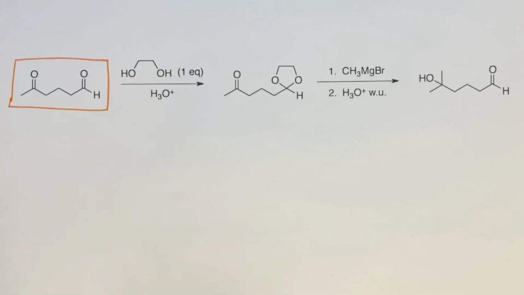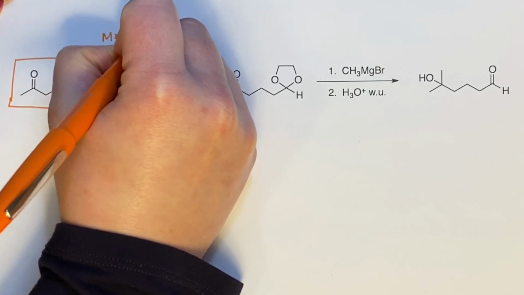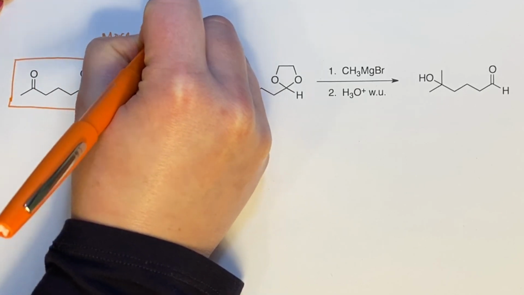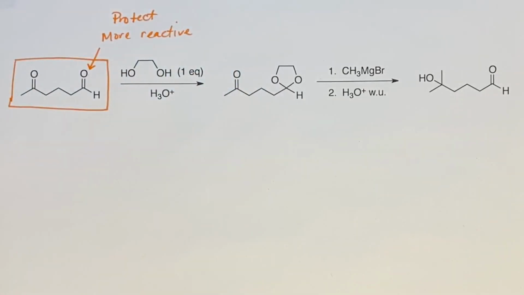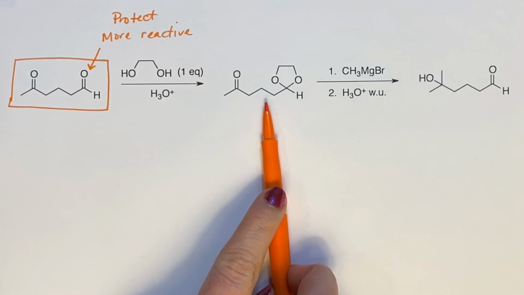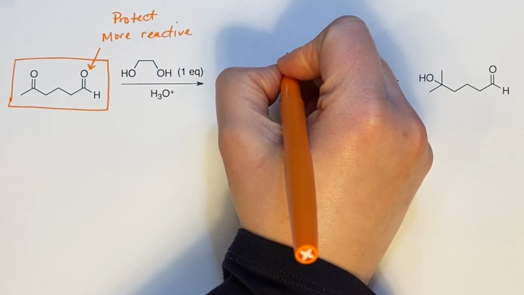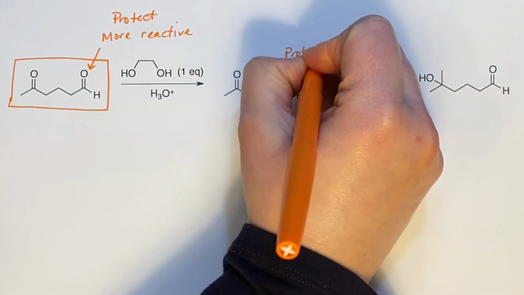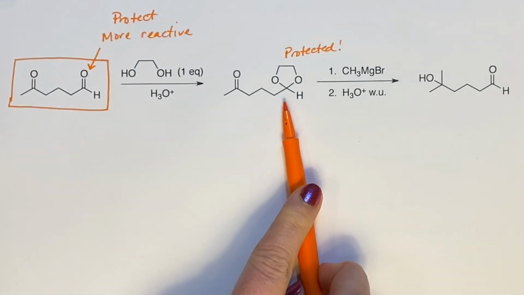So this synthetic sequence starts with my more reactive aldehyde being protected. So I'm going to protect that more reactive aldehyde as the acetal by adding ethylene glycol and acid in order to give me this product here. Now this acetal, this is protected. My aldehyde is now protected, which means it won't react under the conditions of the Grignard reagent,